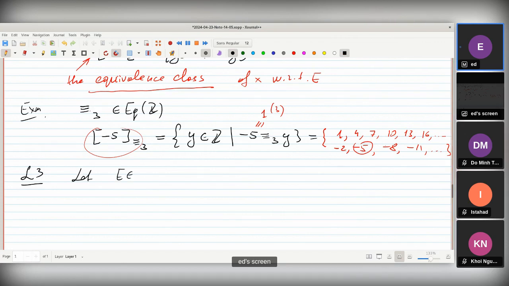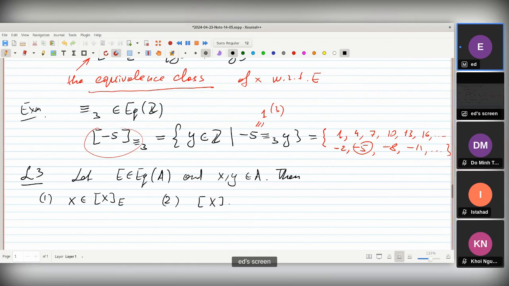Let E be an equivalence on A, and let X and Y be some elements in A. So what do we have? First of all, every element belongs to its equivalence class. And second, two equivalence classes are equal if and only if X and Y are equivalent, if and only if